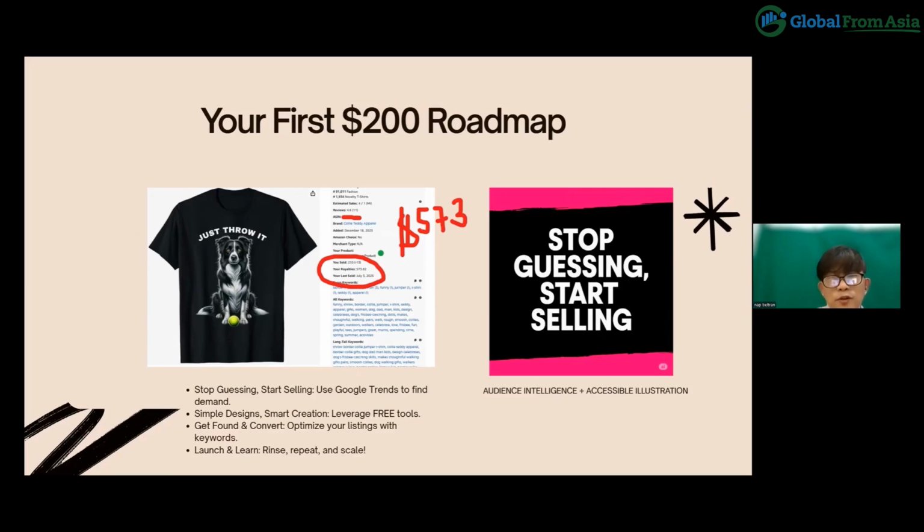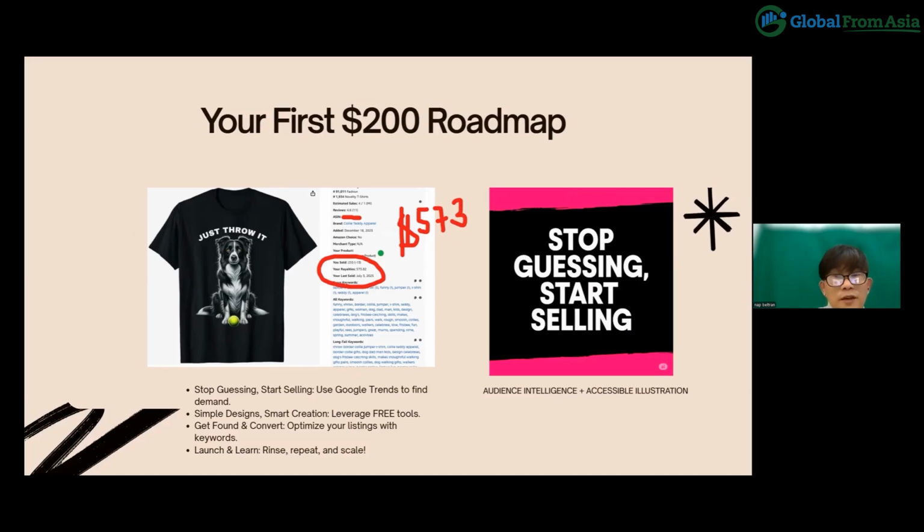So again, one of the things that is very clear in the book is to take away the guessing part. I coined this phrase, stop guessing and start selling, because when I started, it was really hard for me, since most of the processes I was doing were almost guesswork.